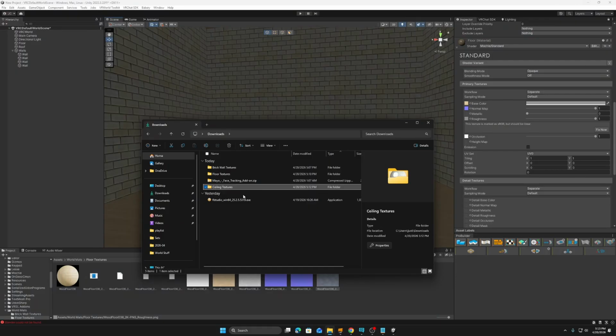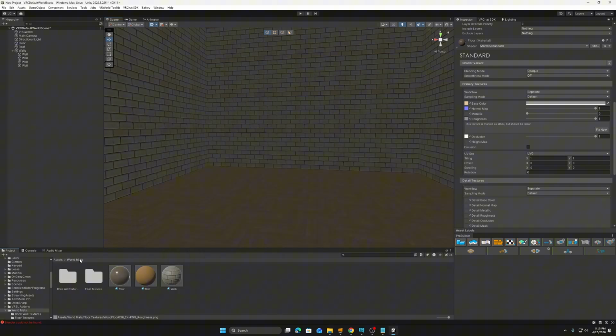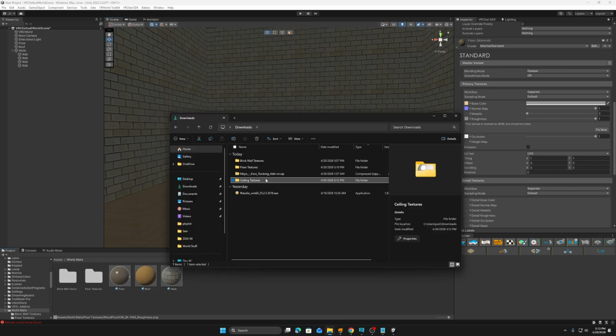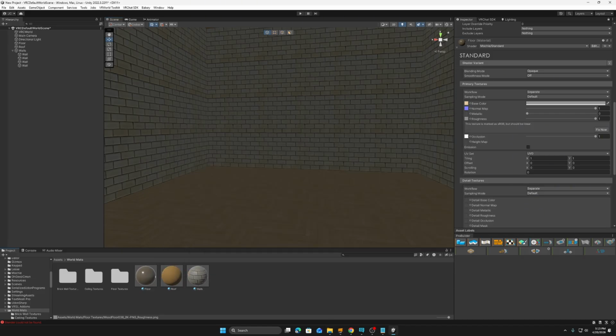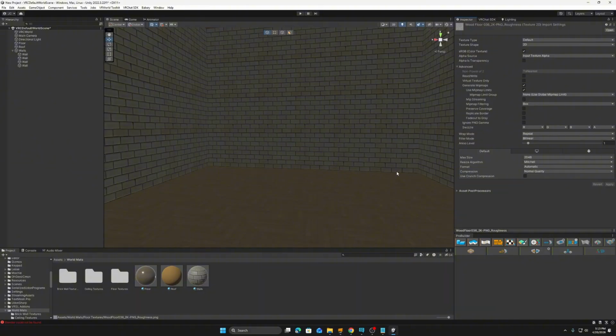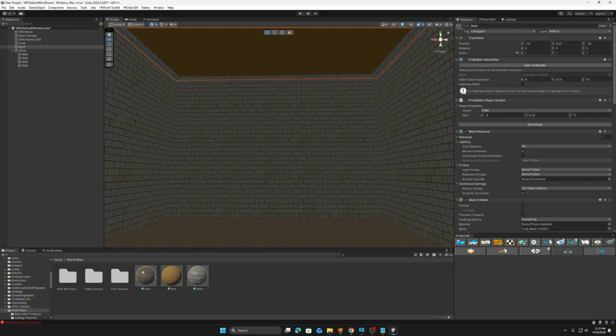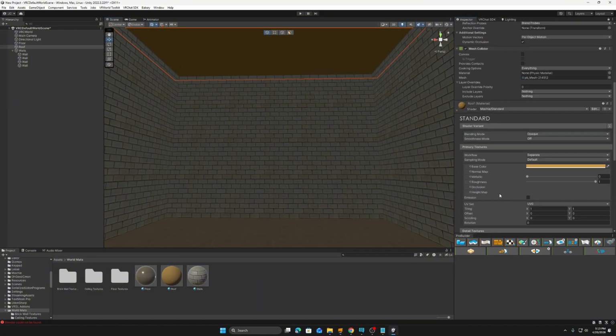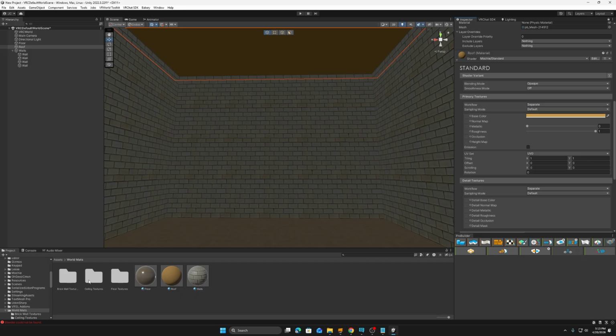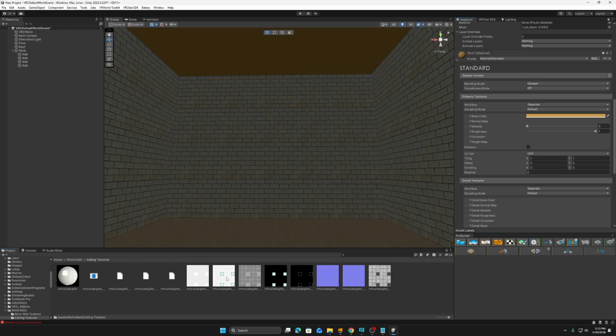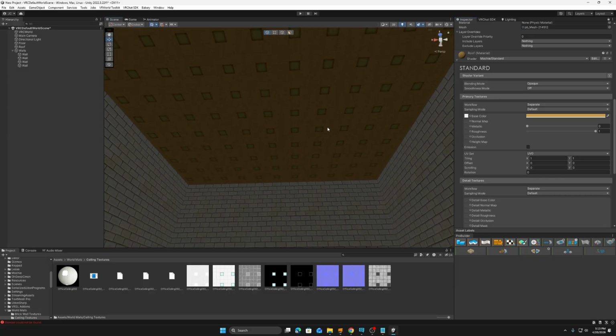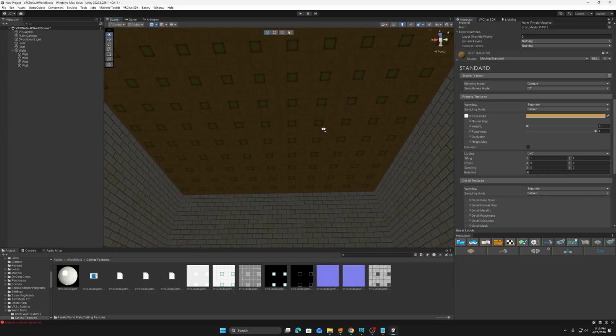And then we'll bring this into the project. Click on that, lock it. And we'll go to our ceiling textures. So we'll go our normal map. We're going to adjust the tiling on this for it to make sense. So it's not just a bunch of little,